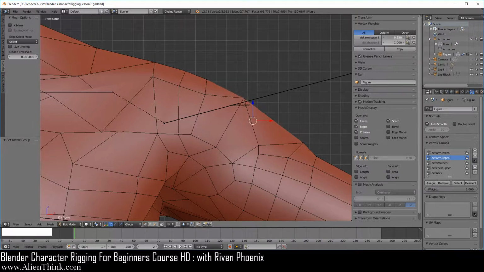So you see that it's only moving basically halfway over here. Now if we turn this off for the shoulder, meaning that it's not going to care about the shoulder bone, now it'll just go back to its original position. So this is how this concept works when you are using vertex groups to deform your vertices.